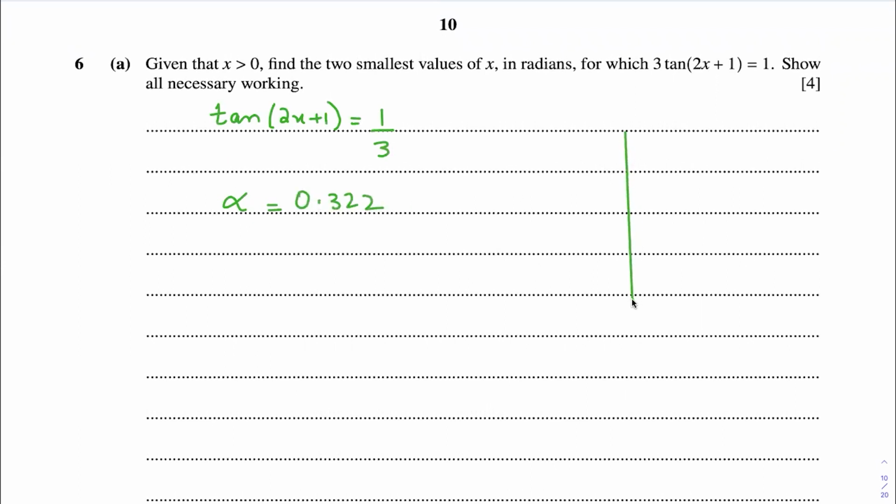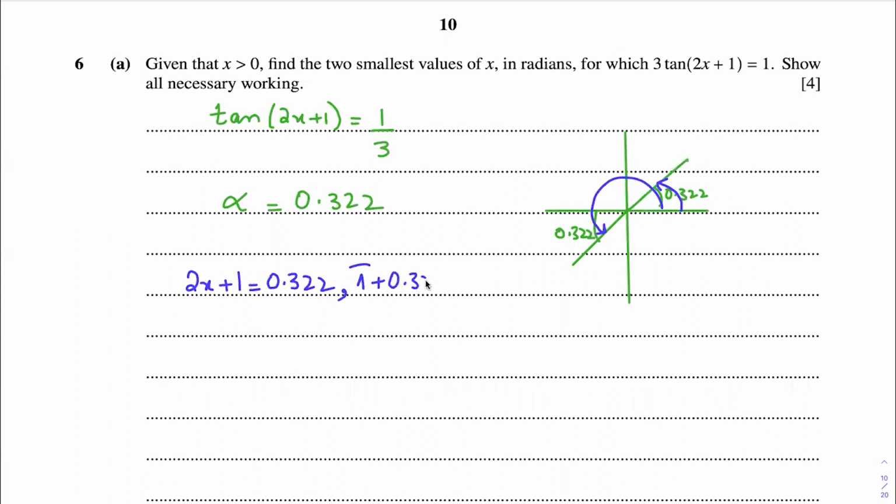Now we know that tan is positive in the first and the third quadrant, so we'll make the basic angle 0.322 in the first quadrant and 0.322 in the third quadrant. So our angles would be 2x plus 1 is equal to 0.322, as we take our angle anticlockwise from the positive x-axis, and pi plus 0.322. As it is 2x, we'll add 2 pi to both our answers. So this will become 2 pi plus 0.322 and 2 pi plus